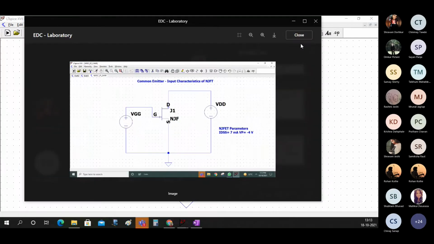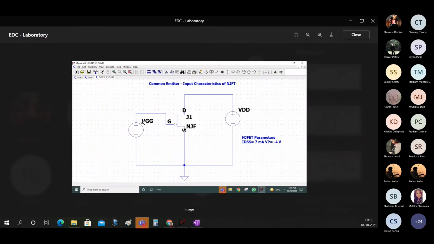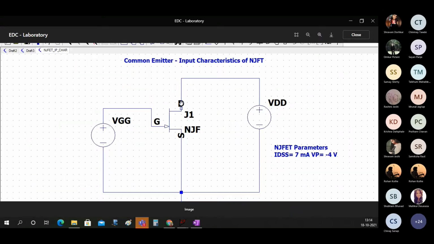But Soham, one thing I would like to tell, don't bend this line like this, okay? Circuit wise it is correct, no problem. Circuit wise it is absolutely correct. And even this drain, can you see this drain? Yes, sir. So you should not be able to see this square here. So put this drain and source somewhere on these lines here. Okay, sir.